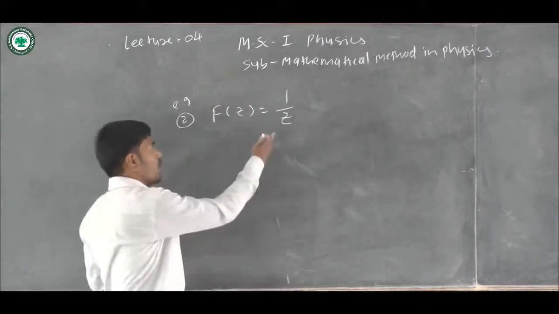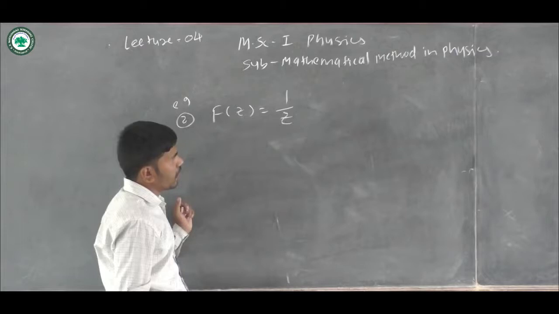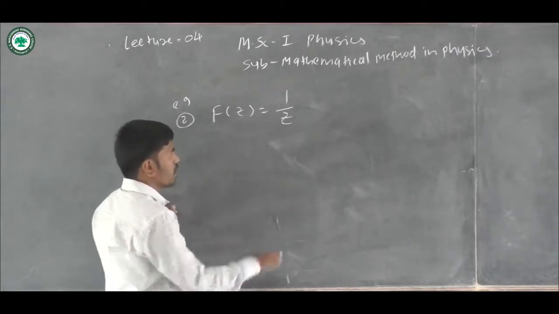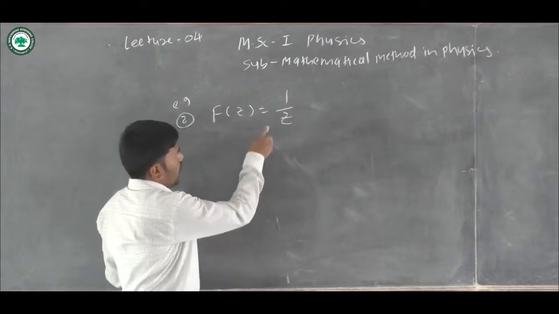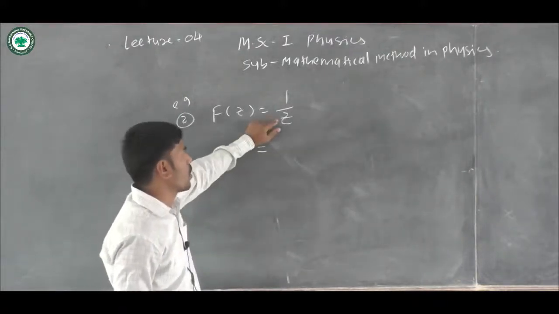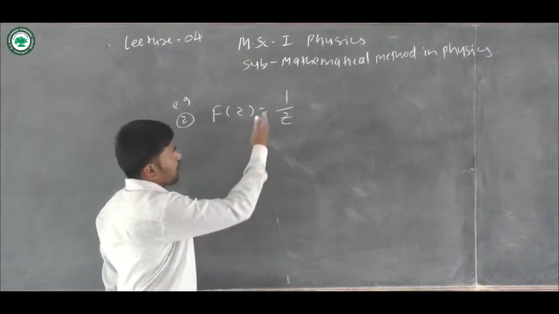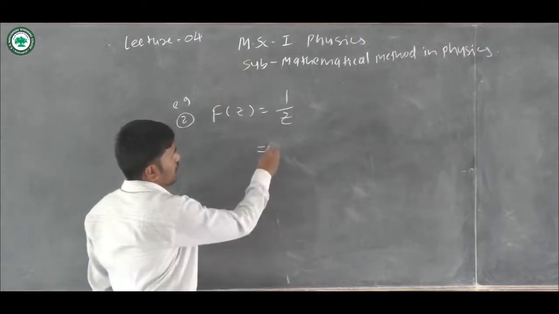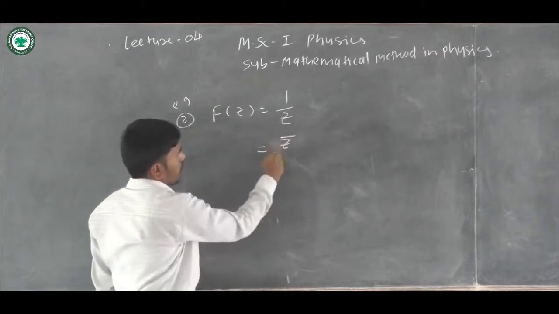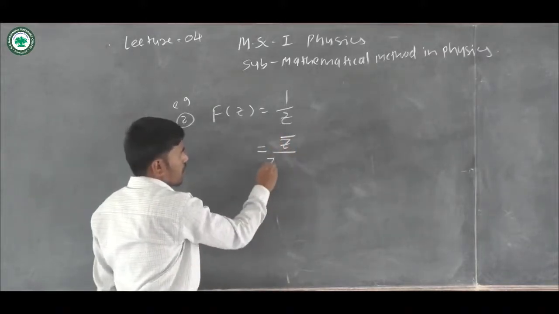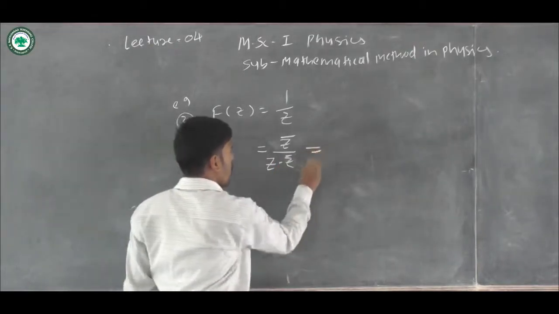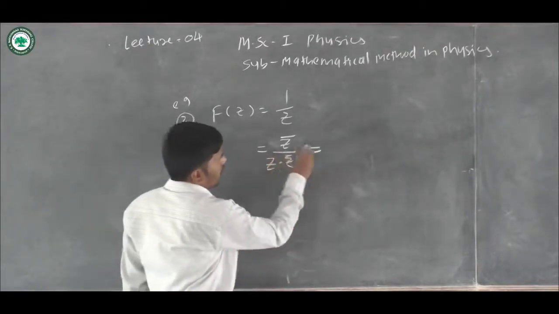Okay, so we know that z is equal to x plus iota y, but we can't write it in terms of u and v directly. So for that I multiply the numerator and denominator by the complex conjugate of this complex number. So z bar is the complex conjugate, and the denominator becomes z into z bar. Okay, so now z bar is equal to what? x minus